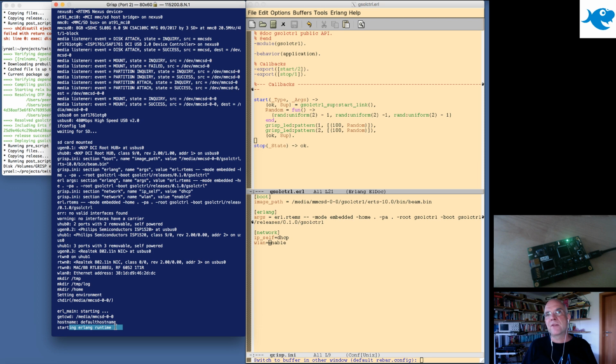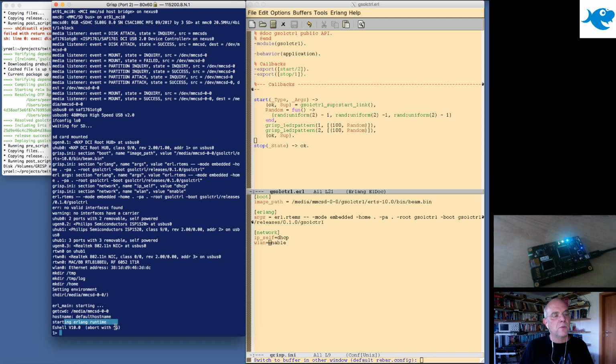We actually have a pretty efficient SD card driver, but it only speeds up if you read large blocks, and that's one of the things to work around this. But now, as you can see, we already booted, and the shell is here,